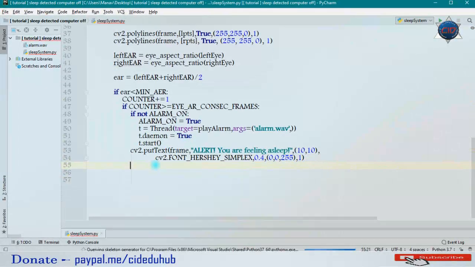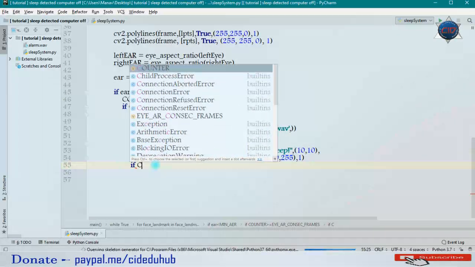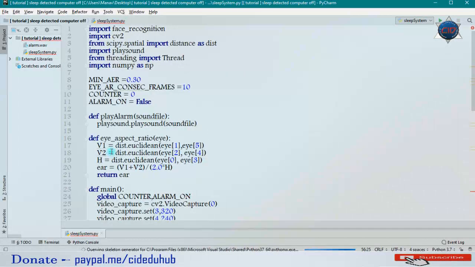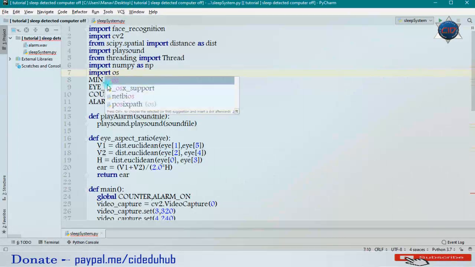And now I want that if our counter is greater than or equal to 30, that means if it passes 30 frames, then I want to shut down my computer or hibernate my computer. So I will pass a method here. Let me create a method for shutting down my computer, and for that I will have to import another module, and it is os.